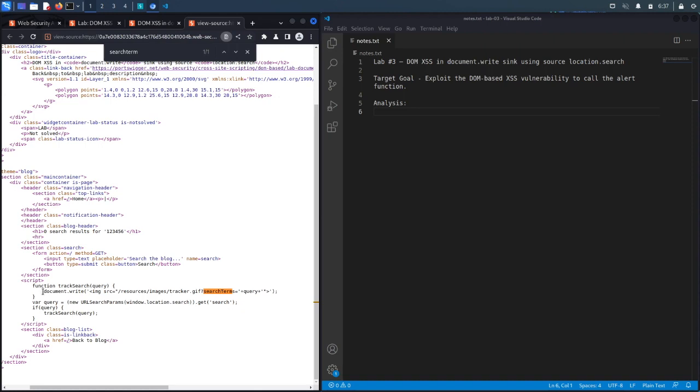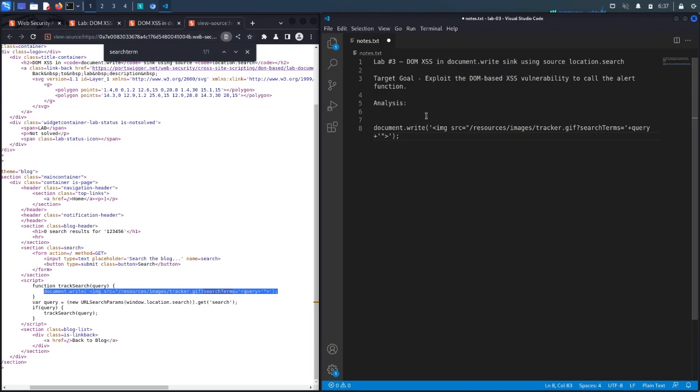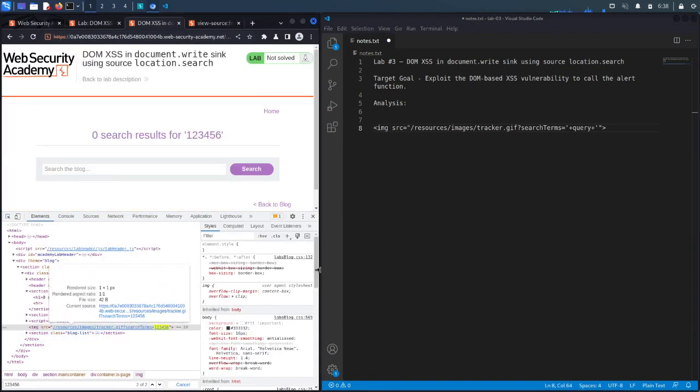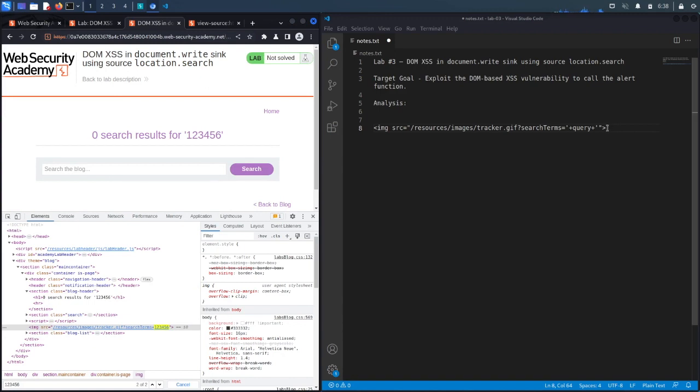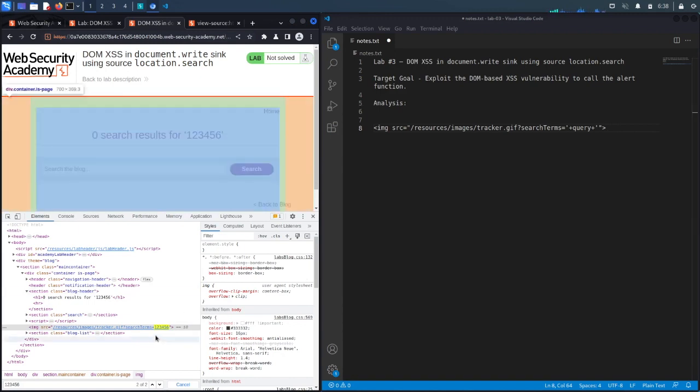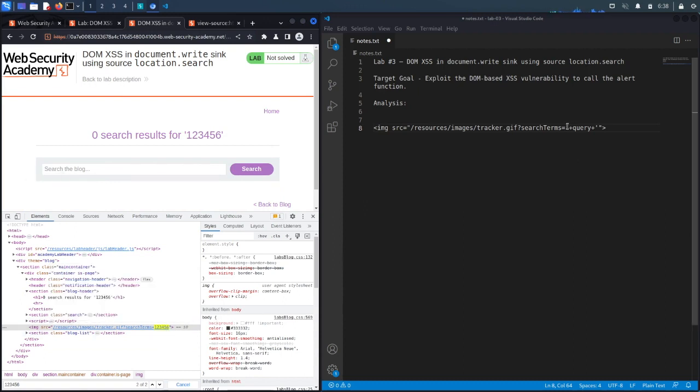So let's copy this whole thing over here. So this is what it's doing. So it's creating this image tag right over here. And then you could see the image tag right over here. All right, so the idea is that when we put in 123456, as you saw over here, it replaced it in the query string and it became 123456. So what we want to do is break out of this image tag